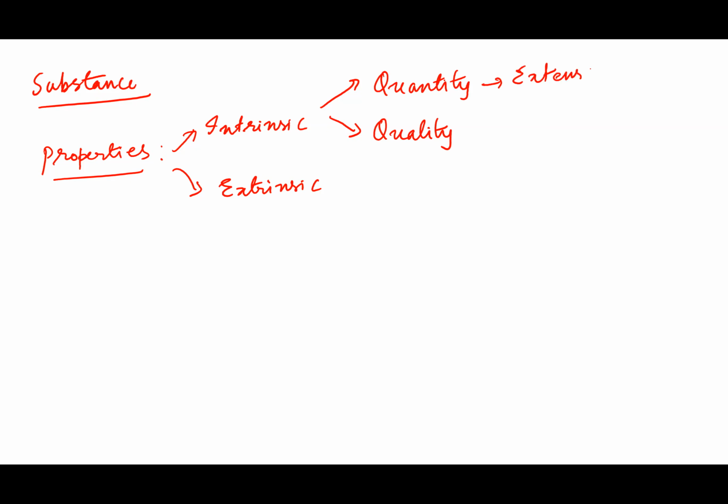So quantity is not just number. We'll see what a number is coming up. It is extension, having one part next to another. Can you imagine any physical thing without extension? Any physical thing without quantity? Right. You can imagine a physical thing without certain qualities, but you cannot imagine a physical thing without extension. Any physical thing must be extended. In other words, quantity or extension is the base property.